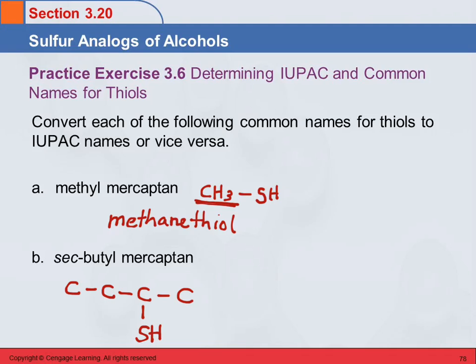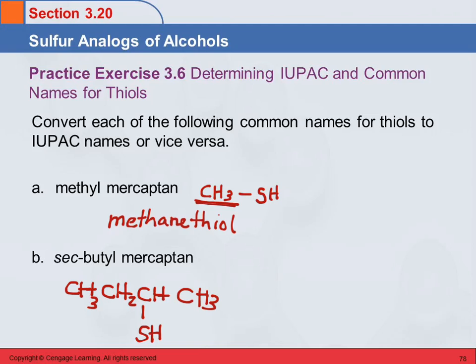So sec-butyl, so this would have, no, not 3, 2. And this would be 3. And this would be CH3. And this one has 1, 2, 3 already attached, so it's going to have 1 hydrogen. Sometimes it's helpful to actually draw the structures and then name them. So sec-butyl mercaptan,